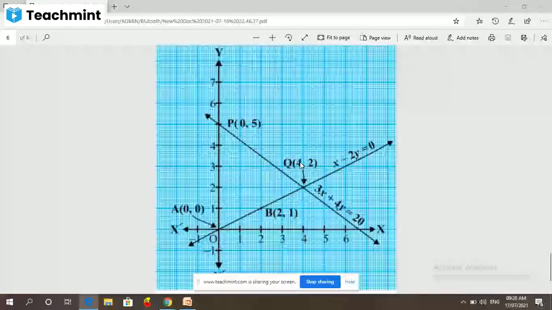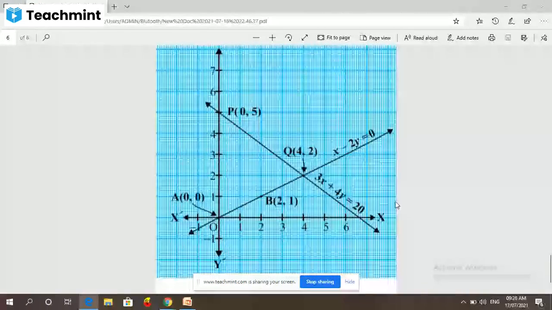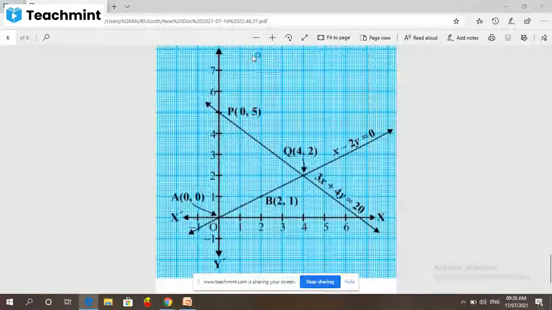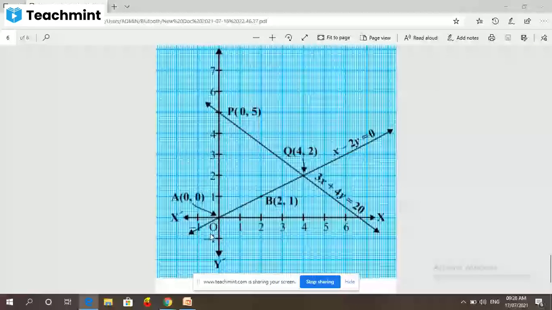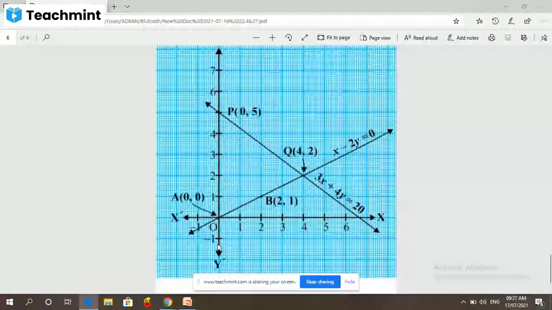Yes, now you have to take the graph paper and observe the Cartesian plane there. See here, x dash. Are you observing this one? Cartesian plane, x dash horizontal line, then y dash vertical line. Here 0, and on the positive side 1, 2, 3, 4, 5, 6 we have to take. On the negative side, it is not required. That's why we took only minus 1 here and here. So we can extend this side. Next, in the upward direction positive numbers, and in the downward direction negative numbers.